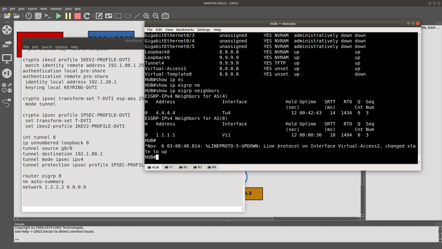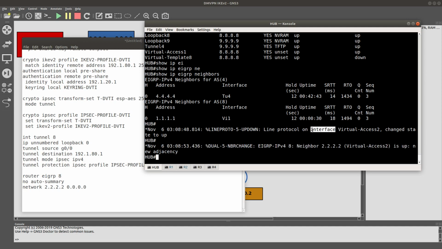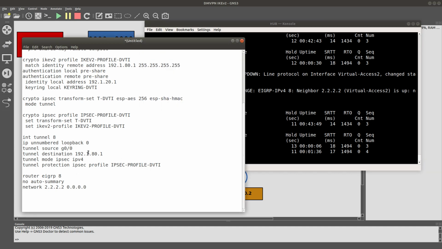Let's go into the hub. You can see now that we have another neighbor relationship and a virtual access 2. So if we do show IP EIGRP neighbors, you can see on virtual interface 2, we have router 2. Good. Now let's go ahead and configure router 3, which has this IP address, which is the IP address of